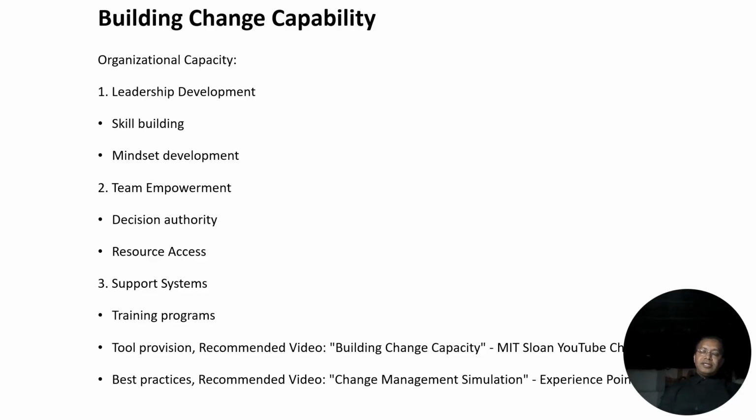It's not just my capacity. As an agile leader, I have to make sure my organizational members have that capacity too. So building change capacity within the organization also depends on building organizational capacity. Leadership development, build skills, create a mindset that's focused on growth, that's focused on development, empower teams, delegate authority to others who are capable of doing it, make the provision for resources that help build change or implement change,